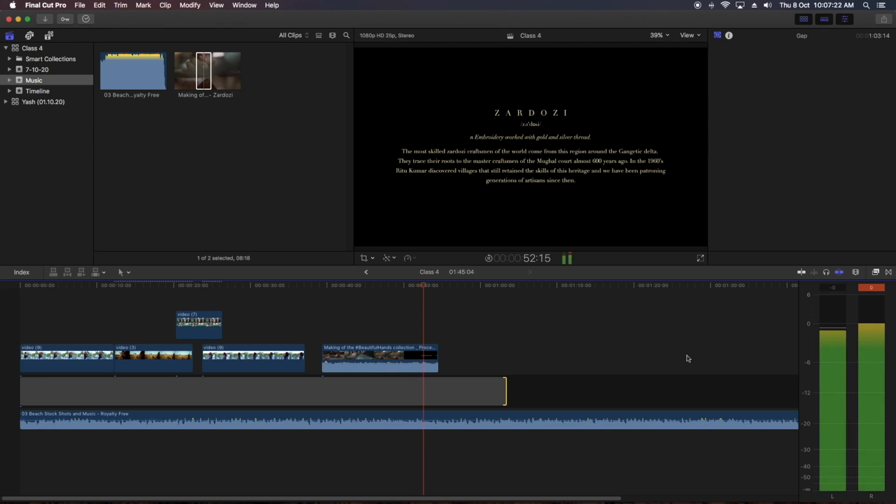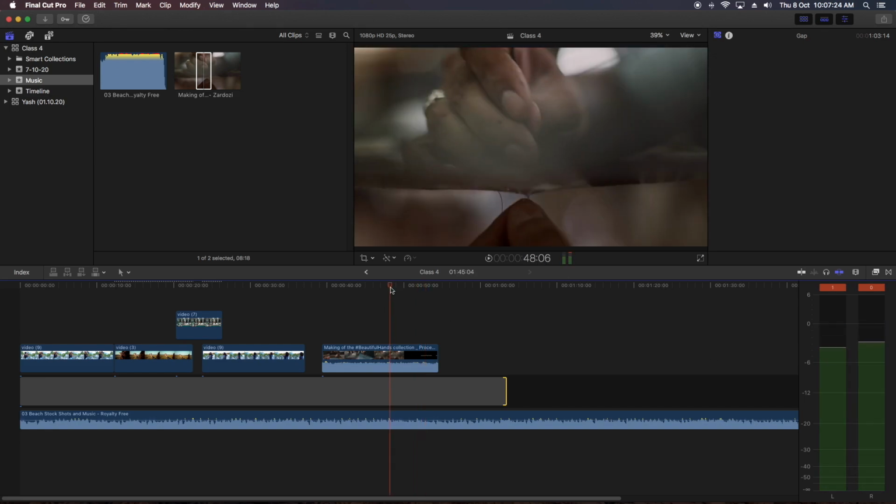So how will this audio get corrected? If you hover your mouse over this audio track or any audio clip, you will find this band. By clicking and dragging this band, you can take your audio up and down.